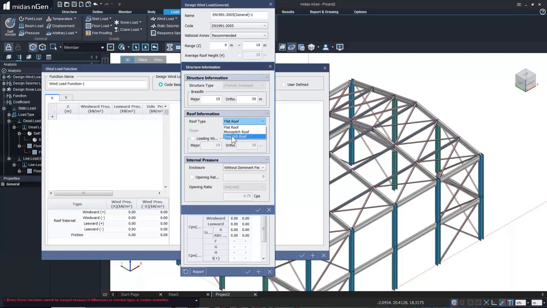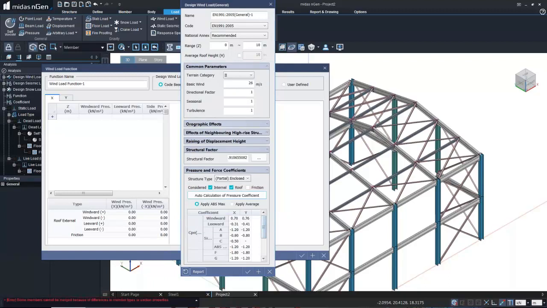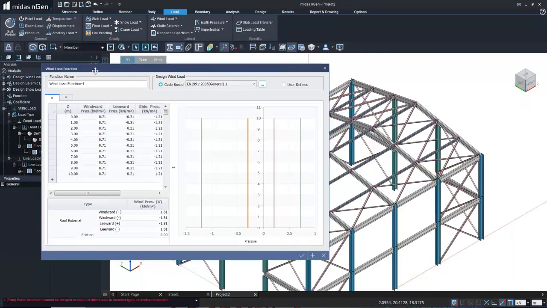We have a dual pitch roof right over here, and when it comes to the X direction there is no slope, there is 0 degree slope, so no slope at all. We'll keep it 0 and click on OK. So now as you can see over here, these are the coefficients which will be utilized by the program. So we'll click on OK and we'll provide a name to this function that we're defining as X direction and